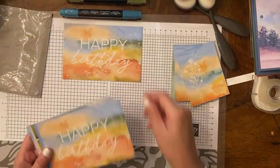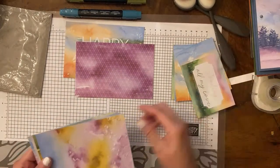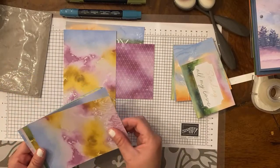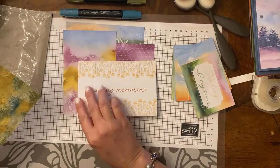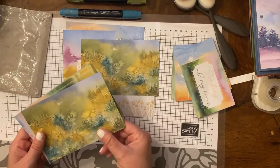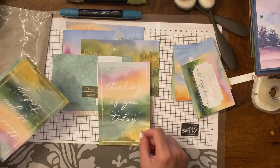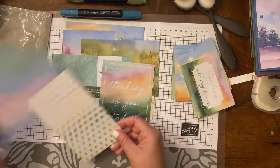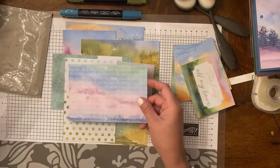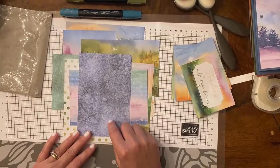So you have this one that says Happy Birthday. You have this back part, which can be a real nice background. You have this one right here with these flowers on the bottom. You have this one that says Making Memories. You have this scenery right here. On the back, it says Treasured Memories. Thinking of You Today. Then you have these real fun polka dots on the other side. This one says The Best Day Ever. And then on this side, this real pretty Misty Moonlight,